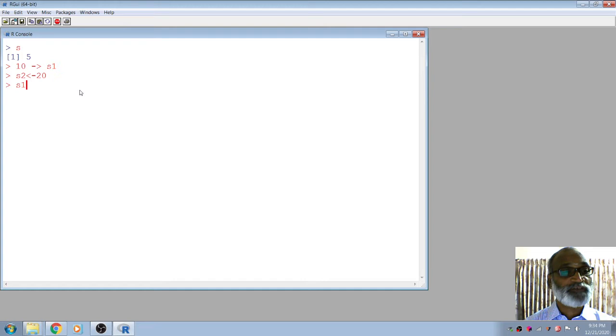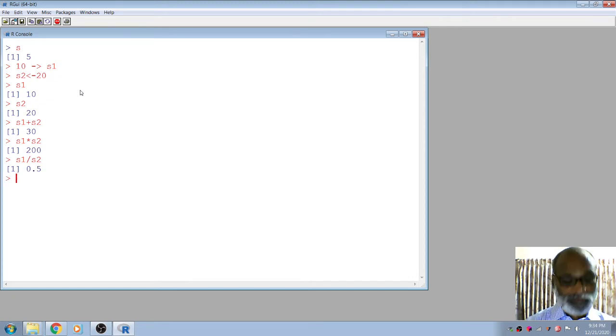So what is s1? Value 10. What is s2? Value 20. Then if you want to add the two scalars, it is possible. s1 plus s2. Similarly, if you want to multiply, it is multiplication. Similarly, if you want to divide, it is also possible. So all arithmetic operations you can perform using scalar objects.